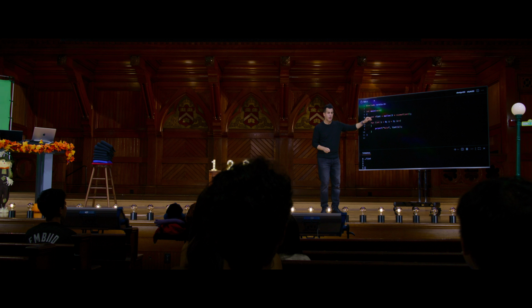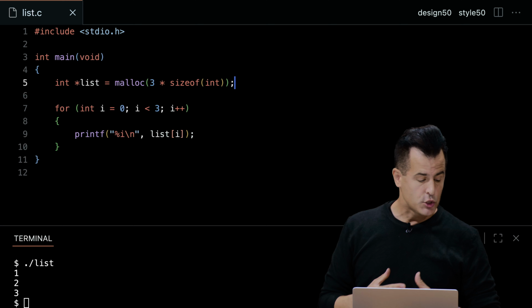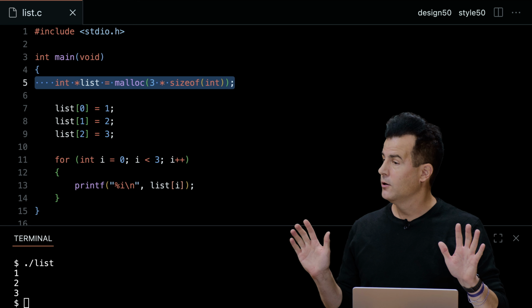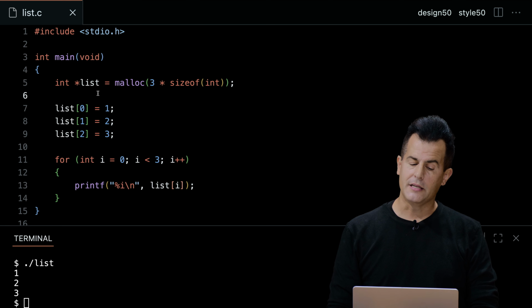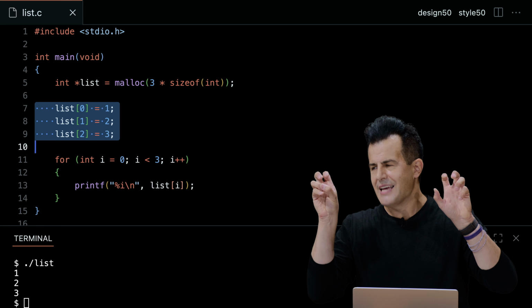But recall from last week, there's this functional equivalence we saw between treating a pointer as an array and sometimes even treating an array like a pointer. The C language sort of lets us do this conversion, if you will. So what I could do here now is quite the same syntax as before. I could say list bracket 0 gets 1, list bracket 1 gets 2, list bracket 2 gets 3. And even though I have this fancy new line inspired by week 4, the syntax thereafter can be exactly the same. Why? Well, recall that these 3 lines here, using square bracket notation, is just syntactic sugar for the stuff we learned last week.